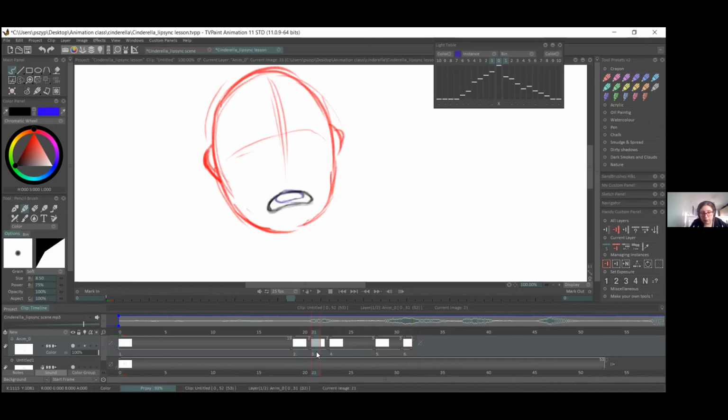So it's good to have tongue and teeth indication. So where you can add like